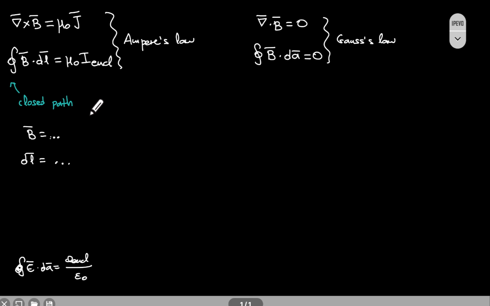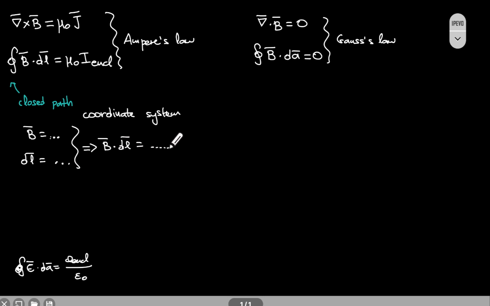Whatever coordinate system needs to be used for the problem, we need to specify the coordinate system, we need to write the vector B, we need to write the vector dl. Once you have those two, then you can find their dot product,